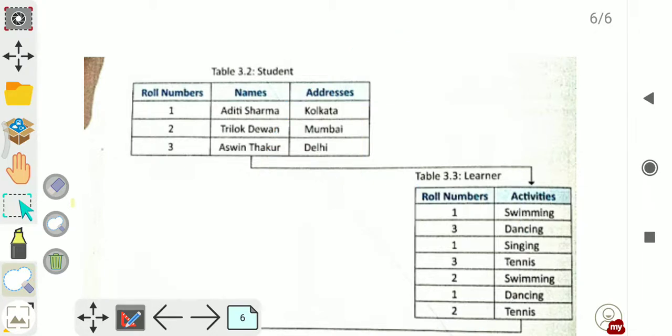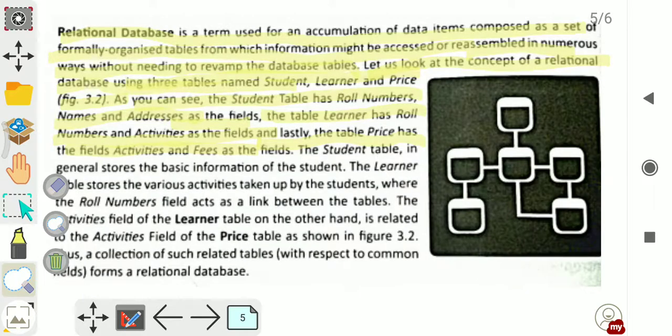So the student table in general stores the basic information about the students. The learner table stores the various activities taken up by the students, where the roll number field acts as the link between the tables. As we have seen, roll number is unique for each and every student.